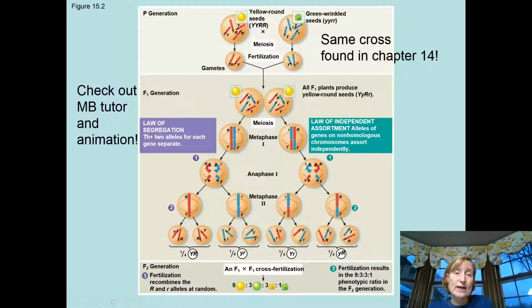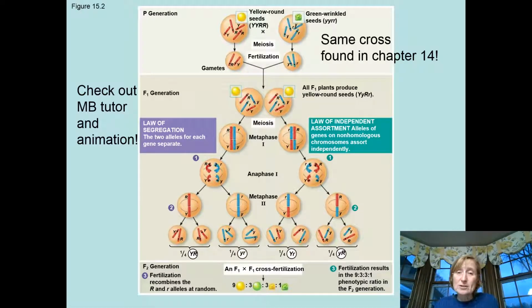Remember that the law of segregation says that when you have 2 copies of a gene, they separate during the formation of a gamete. So in our drawing here, we have 2 copies of the gene, right? We have a big R and a little r. We have a big Y and a little y. And they're on homologous chromosomes that pair up in meiosis 1 and then separate in anaphase 1 of meiosis 1, so that you end up with 1 copy of each